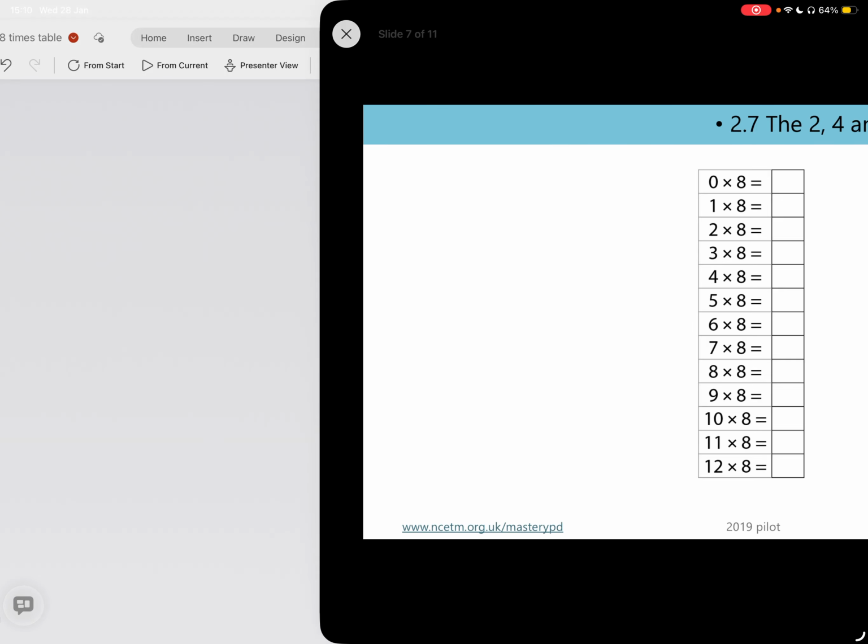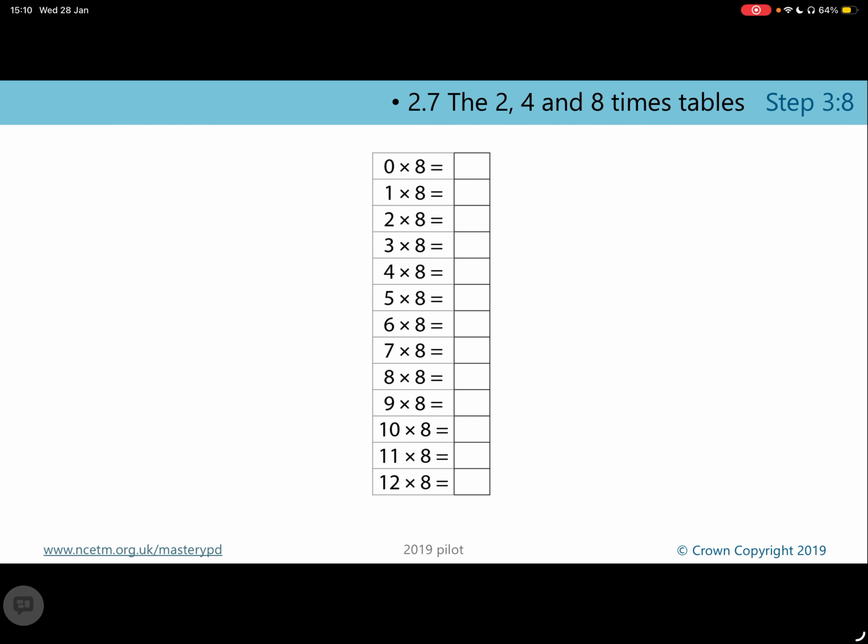slide, it comes up with some of the facts, but not all of them. And the reason it has some of them in there is these are the ones they have learnt, and the ones that are not in there are the ones that they will be learning. Now, for some of those pupils, they will know them already. And there are children who can tell me their 8 times table already, but there are others who will need